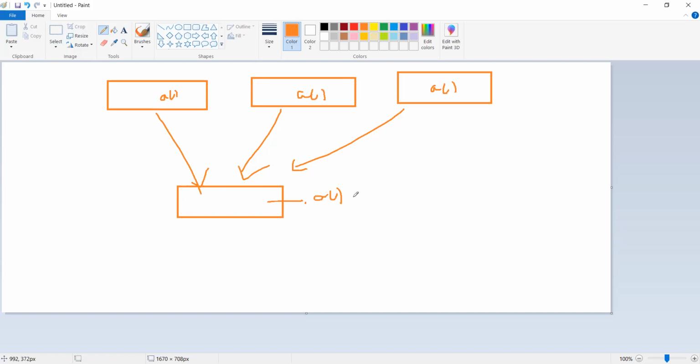Whichever is nearest. Let's say these are x, y, z, and this is p. We'll write class p of x, y, z. Now which is nearest to p? X. All three are parents, but p is closer to x than y and z. If you need money and your mother is closer to you, you'll ask your mother. So x is closer, so this a will be called. Now if I write p of y, z, x,